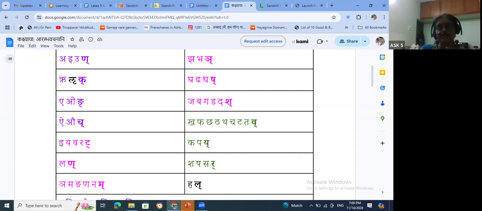So when I say the Visarga is followed by hush, you must know that I'm talking about Mridu Vyanjanani, all these letters, the third, fourth, fifth, and hayavara. When I say the Visarga is followed by kar, that means a different rule will follow. When Visarga is followed by kar, it will be replaced by sha or sa. That rule we'll see next class. I don't want to say everything in one class and confuse. But kar means hard consonants, meaning the first and second columns of the varnas and sha, sa.